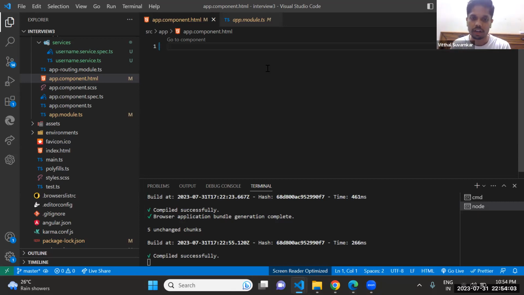Structural directives are ngIf, ngFor, and ngSwitch. Structural directives are prefixed with a star, and attribute directives are like ngStyle and ngClass. With the help of these, we can show or hide the data from the HTML template.